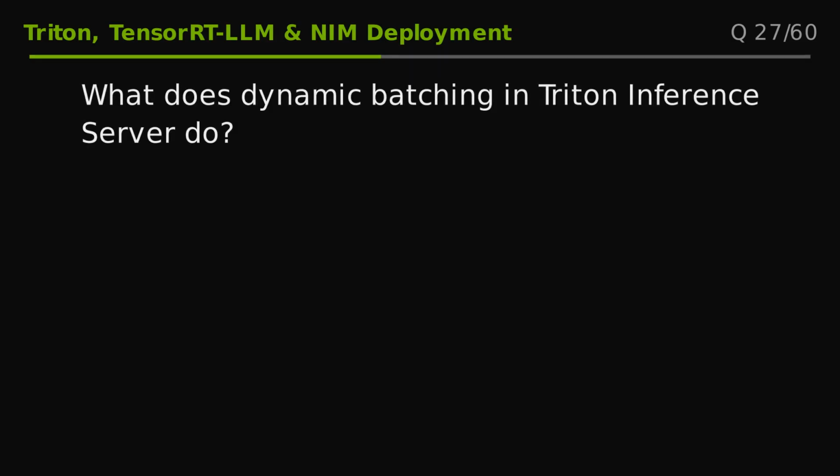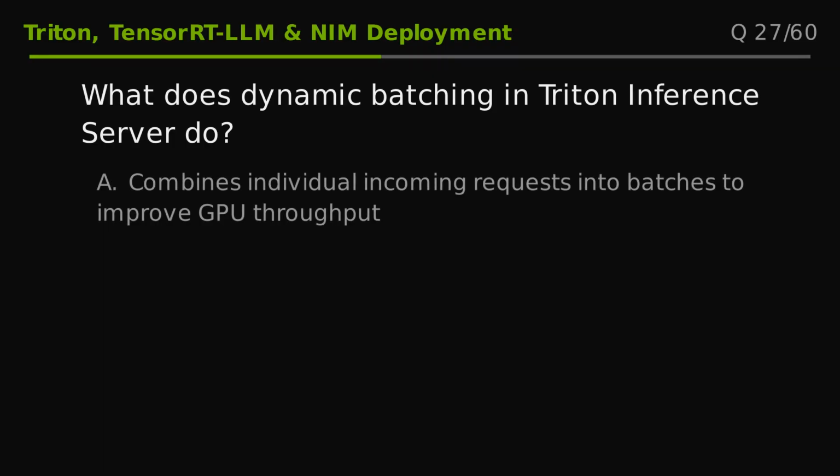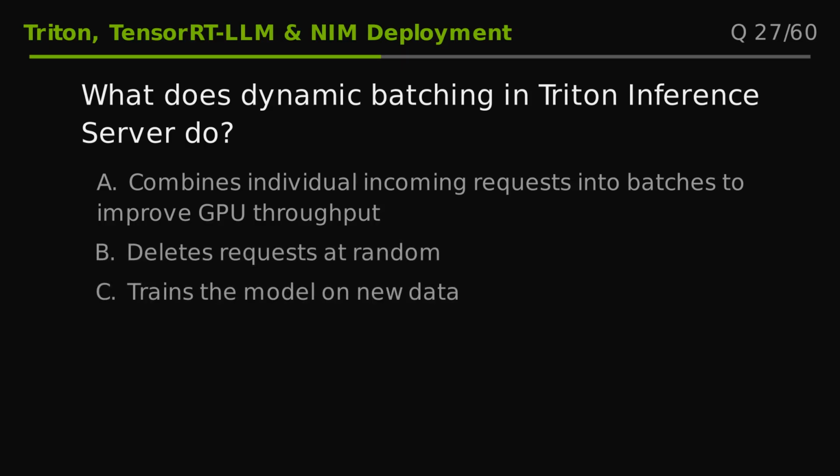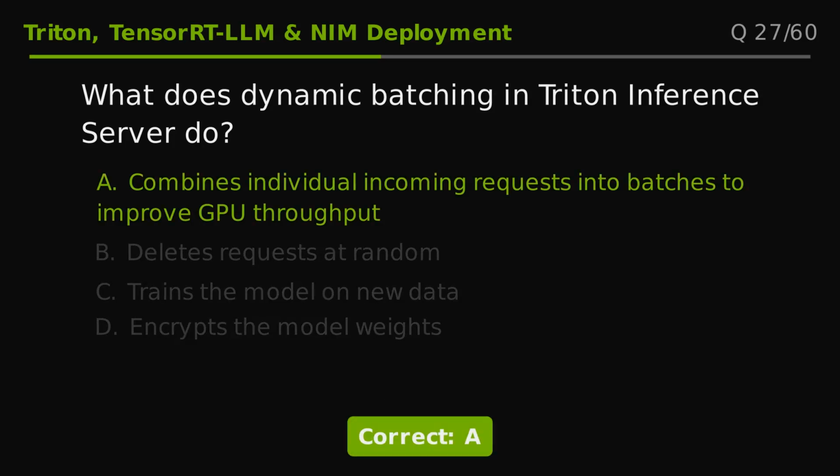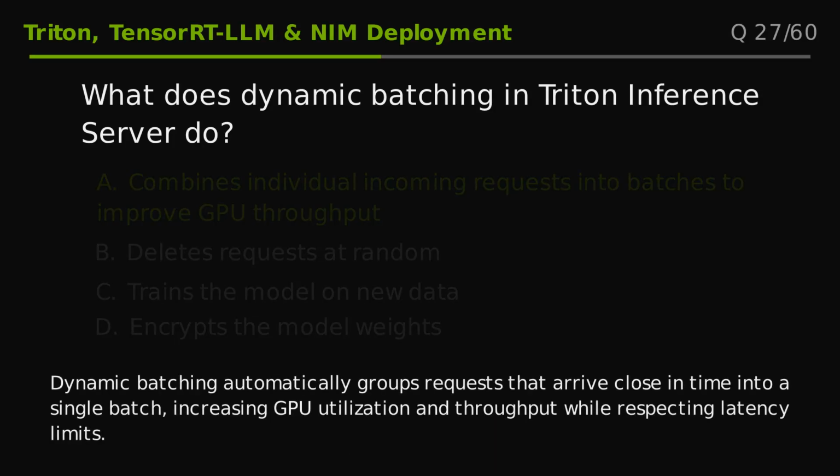Question 27. What does dynamic batching in Triton Inference Server do? Option A, combines individual incoming requests into batches to improve throughput. Option B, deletes requests at random. Option C, trains the model on new data. Option D, encrypts the model weights. The correct answer is A. Dynamic batching automatically groups requests that arrive close in time into a single batch, increasing utilization and throughput while respecting